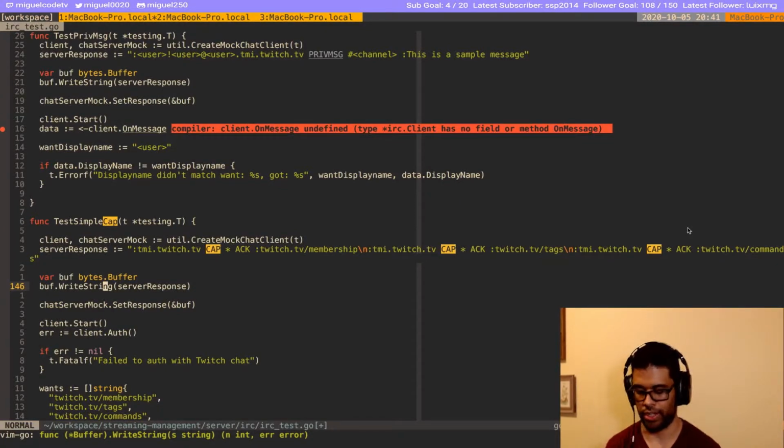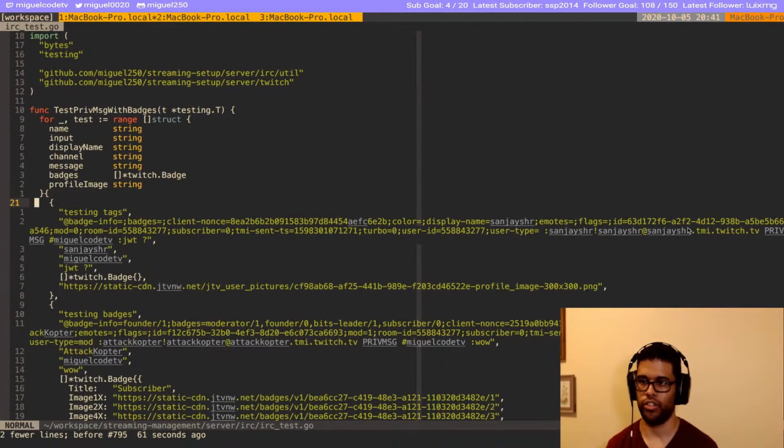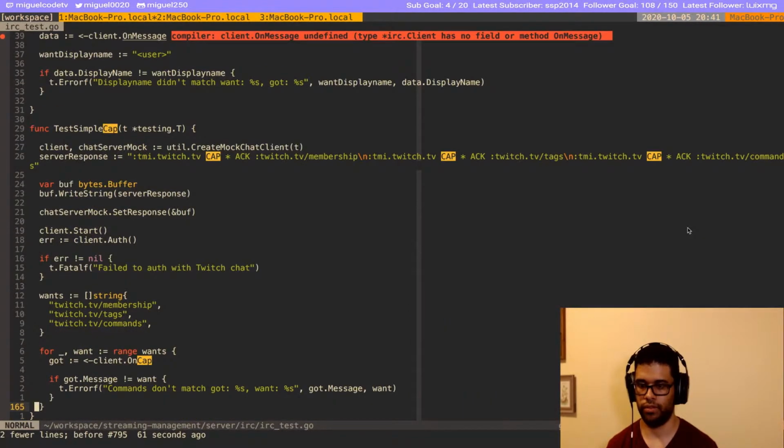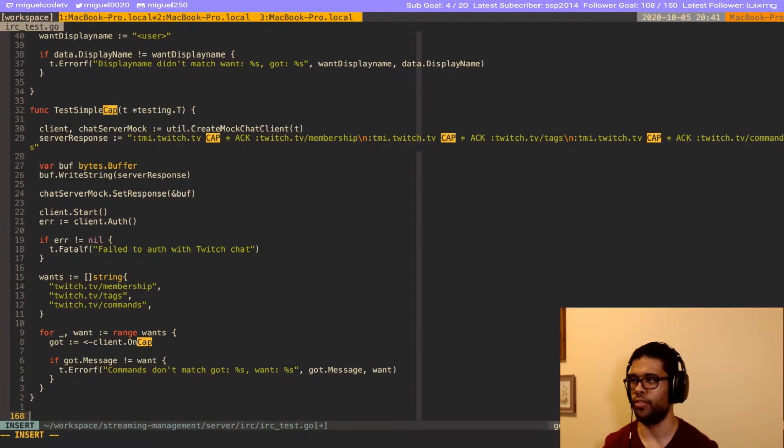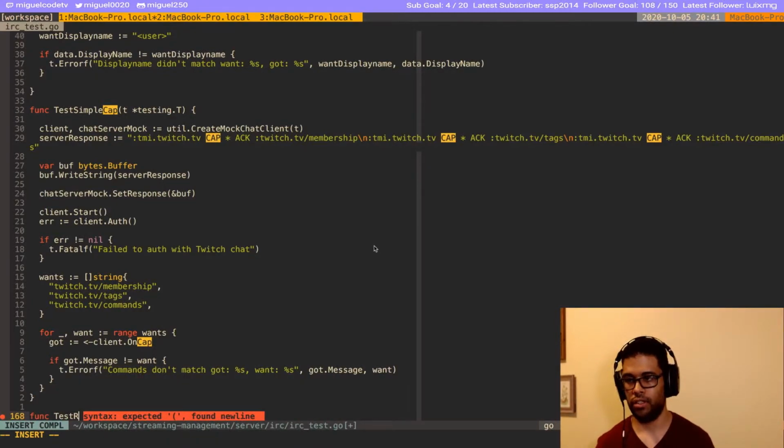So maybe I should just write a separate test for it, so it shouldn't be part of this read here. We should handle this internally, and the person using this client wouldn't need to know about it. So I'm just gonna do a new function and handle it there. Test reconnect.